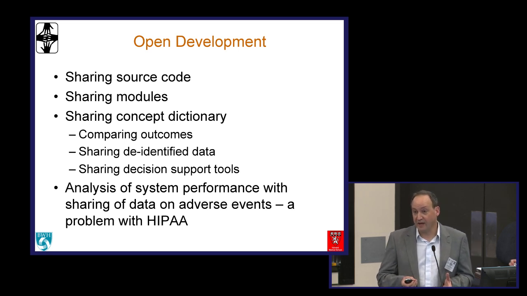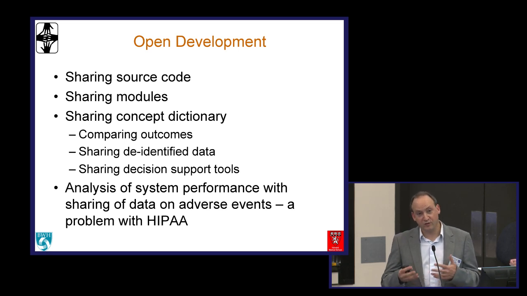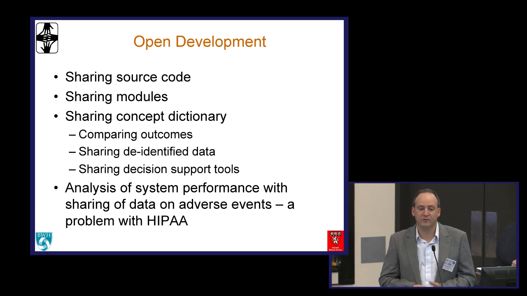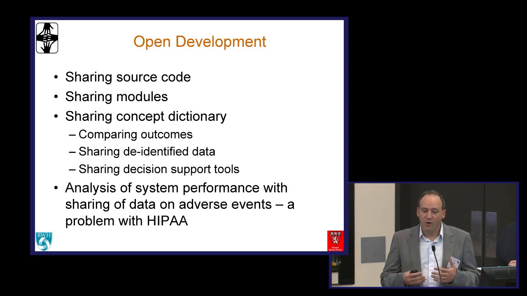The modular architecture has been as important, I would say, because that's allowed a lot of innovation to occur. You can build your own module and make your own mistakes and try stuff out without breaking the core system, and that's a very critical thing. I mentioned the concept dictionary and the fact that we can share outcomes. One of the things that's come up recently, which I think is interesting in the context of discussing security of data, is that in the US, HIPAA has sometimes been a barrier to improving systems like EMR systems, because it's a way of avoiding sharing de-identified data from systems, sharing what's actually happening, for example, having registries of errors and problems that occur with systems so that we can improve them.